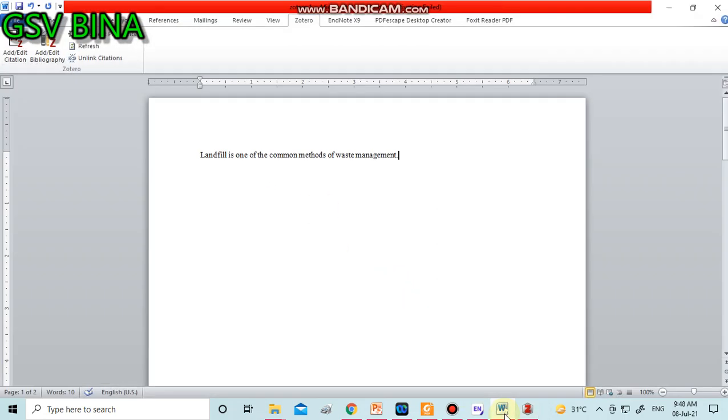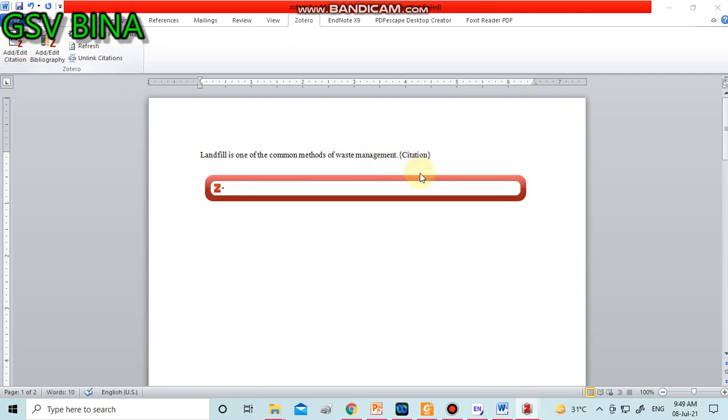Before this you have to ensure that your Zotero library is open. Now you want to add any reference from that particular library that you have managed in the previous video. You just go to the add button, and here the citation will come, and you select a keyword like water.